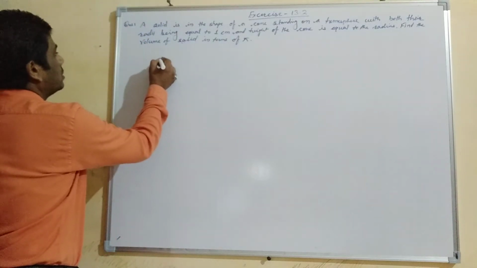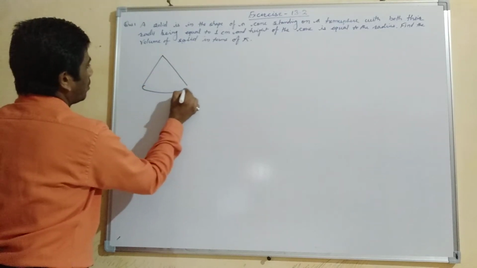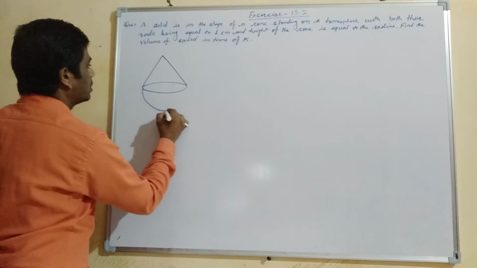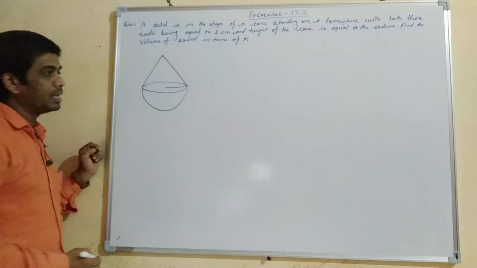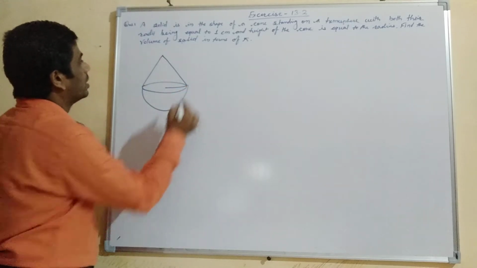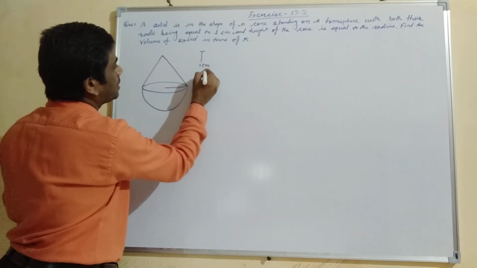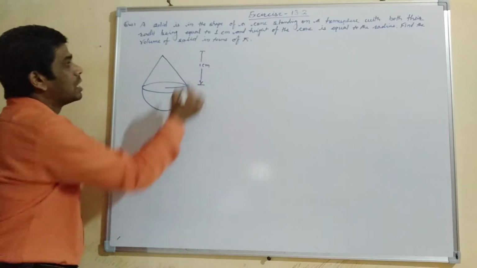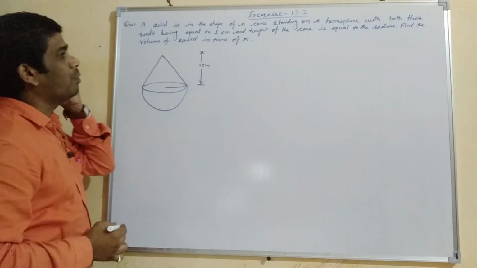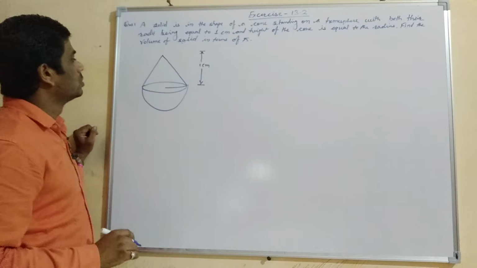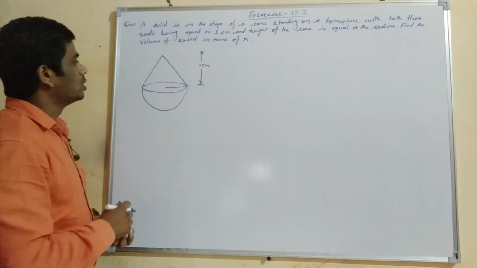So here this is the cone which is on the hemisphere and the radius of the hemisphere and the radius of the cone is equal. And here it is given one more thing, the height of the cone is equal to 1 centimeter which is equal to radius. Means height of the cone as well as radius are equal here. So we have to find the volume of this solid. So we have to add volume of a cone plus volume of a hemisphere. So that will be